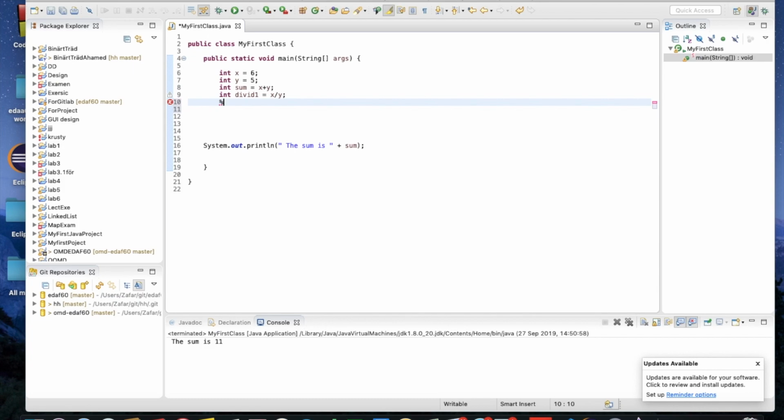So the difference is that in this division, suppose that 6 divided by 5 is 1.2. So in this division, the value 1 will be stored, and we have one remaining. How should we get that one? We can get that one by using the